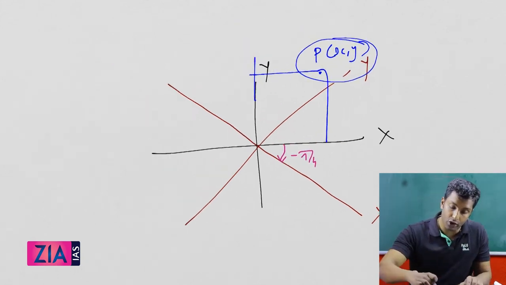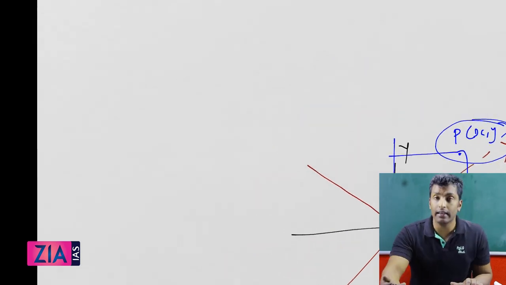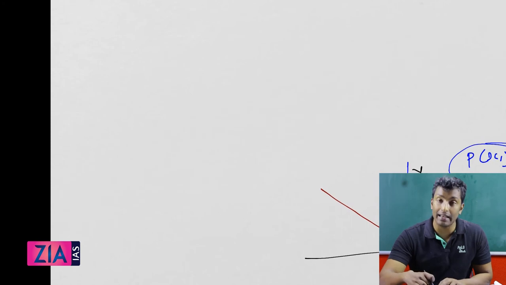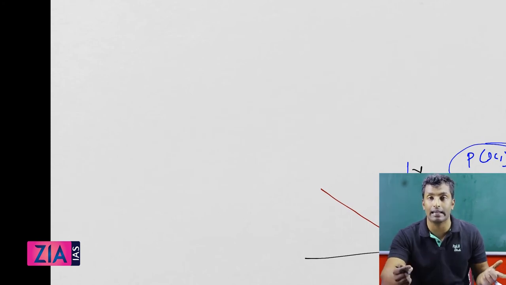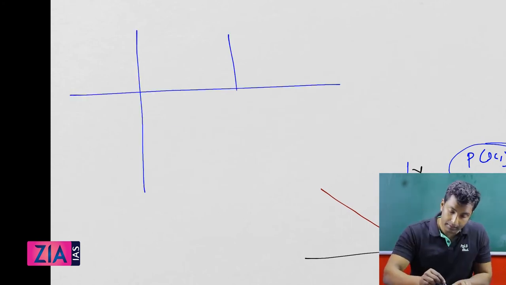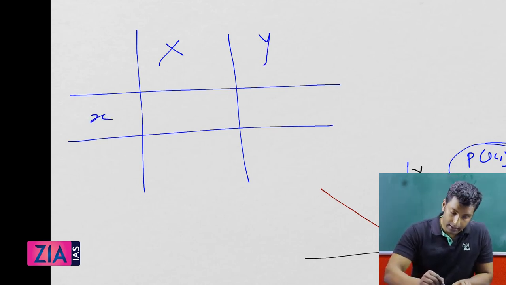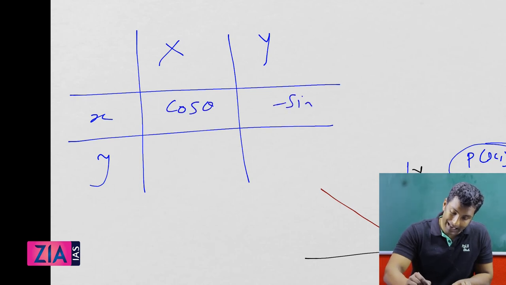If you mark the new one as x and y, there is a table. If you remember that table, then that conversion is going to be very easy. You can just look into the table and you can get the answer. So the table is like this. This is capital X, this is capital Y. That is the new case, small x, small y. So cos theta, minus sin theta,